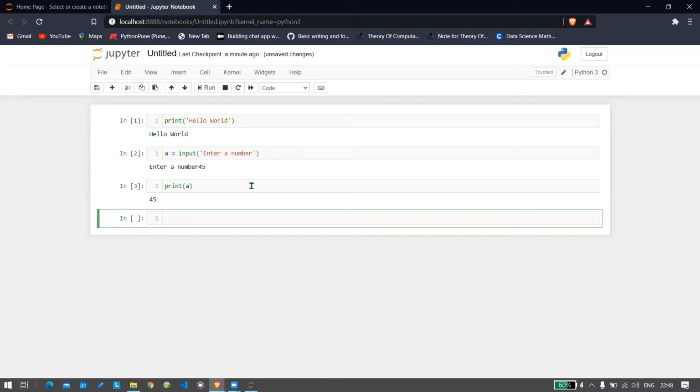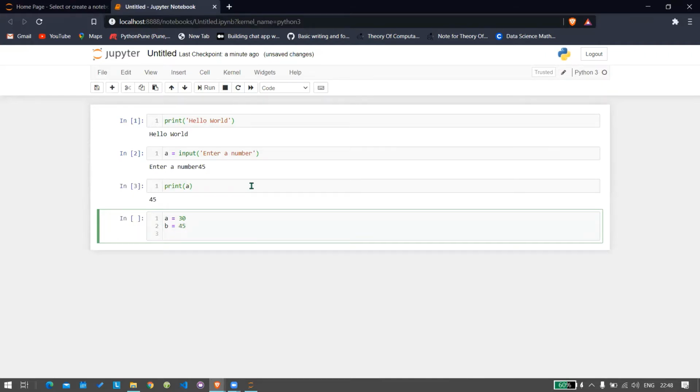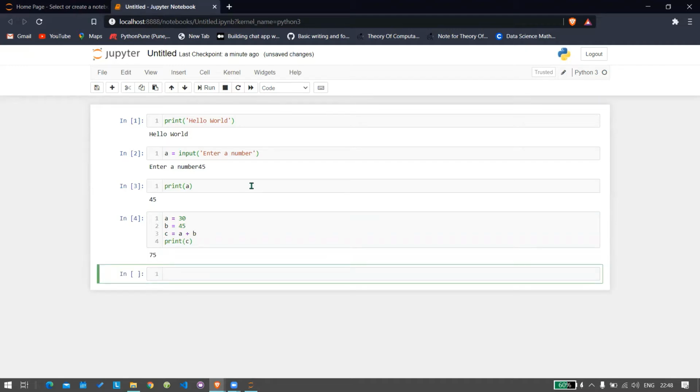Let's go ahead and write a somewhat big program to add two numbers. Let's say I have my first number A is equal to 30, and then I have my second number which is stored inside B, that is equal to 45. If I want to add these two numbers, as we saw previously, I will create another variable and I will add these two numbers there. I have these two numbers added and the result will be stored in C. If I want to see the result, I can easily do that by printing C. And after running this, I will get something like 75.